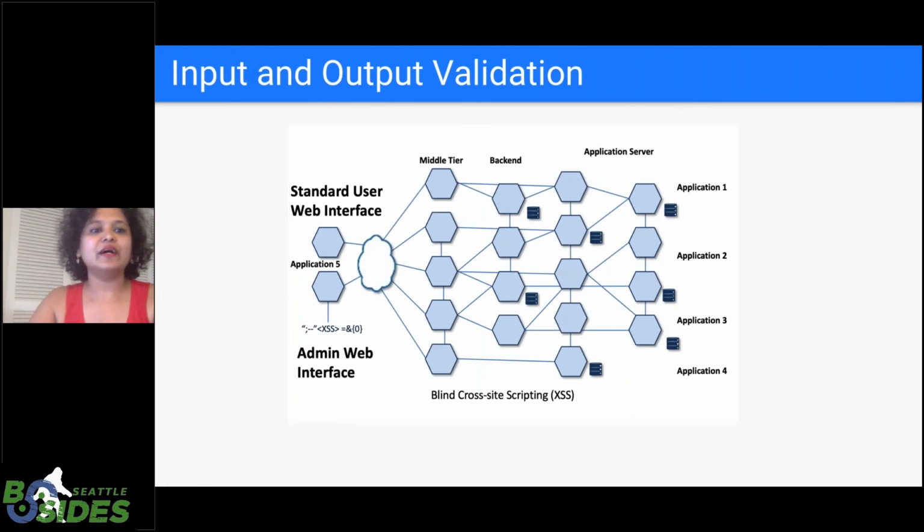Let's move to the next one. The next best practice is about input and output validation. In microservice-oriented architecture with serverless applications, I don't see as many cross-site scripting issues as I see blind cross-site scripting. Let me explain what blind cross-site scripting really is. Suppose your application deals with 4 more applications, and out of the 4 applications, 3 have input validation and, let's say, output encoding. But there is a 4th application which is a legacy application, and let's say we did not